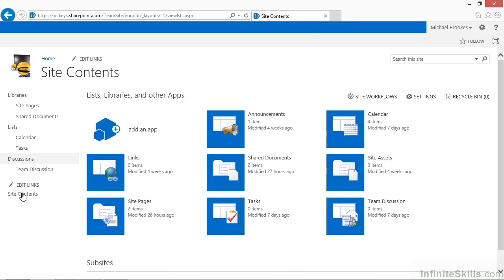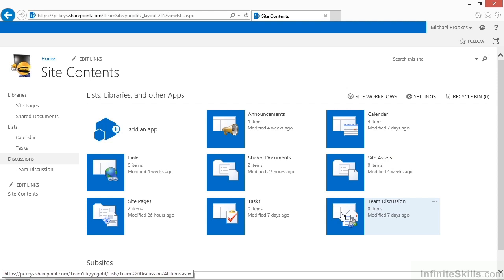This is going to open all site content, which does show you all of the content, or at least I should say, all of the content that you have permissions to at least read that are in this particular site. And what you can see is there's a whole lot more in this site than shows up in the Quick Launch. There's not just a calendar list and a task list and a discussion bar, there's also a links list. Site Pages did show up in the Quick Launch, but we can also see that there's an announcements list. We did get to see Shared Documents, but we can also see the task list, the calendar, site assets, here's the team discussion,